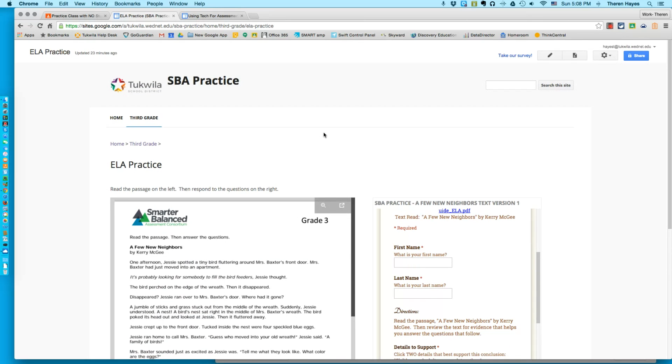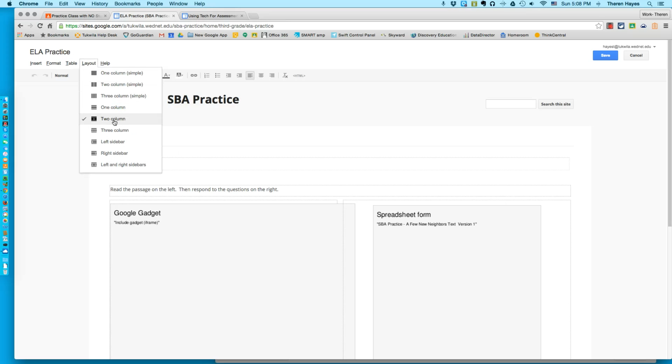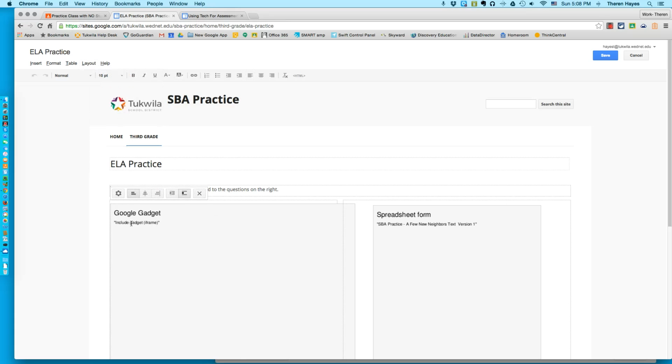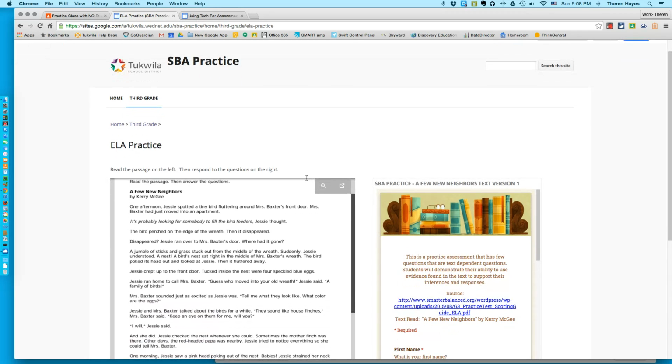Now, this video is not a tutorial for every step, but you can see that I have a website that has a layout of 2 columns. I chose 2 columns because in the first column, where it says Google Gadget on the left, I put a PDF file that I've inserted here. The column on the right, you can see that I have a spreadsheet form or a Google form. If I go ahead and cancel out of here because I've changed nothing, here's what the end